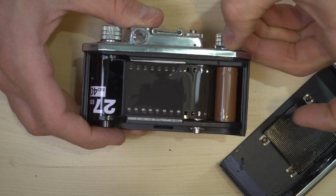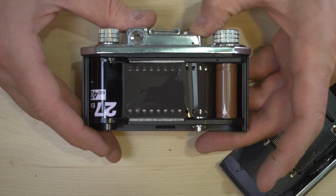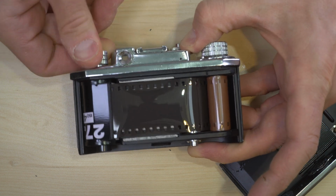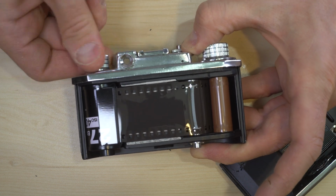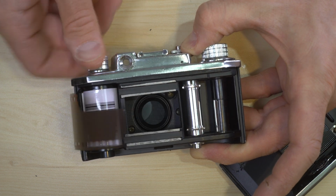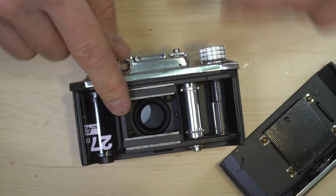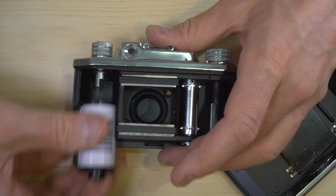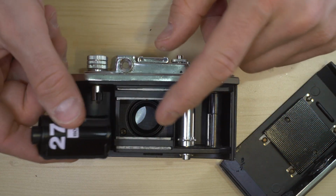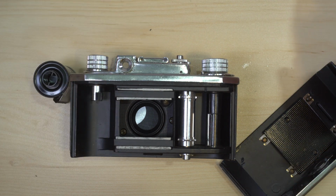Just like that. Now, when you're done, you've taken all of your photos, you hold the rewind button down right here, and now we're going to rewind the film. And what you want to do then is rewind it all the way into the cassette like that. And that will help you ensure that you don't accidentally reuse this cassette and take double exposures that you didn't intend to take. Now that you're done, you can take that cassette out,